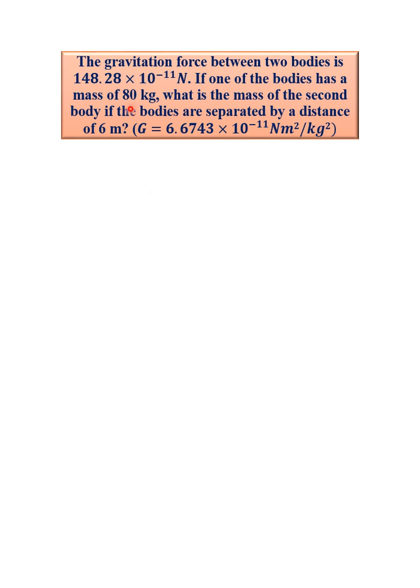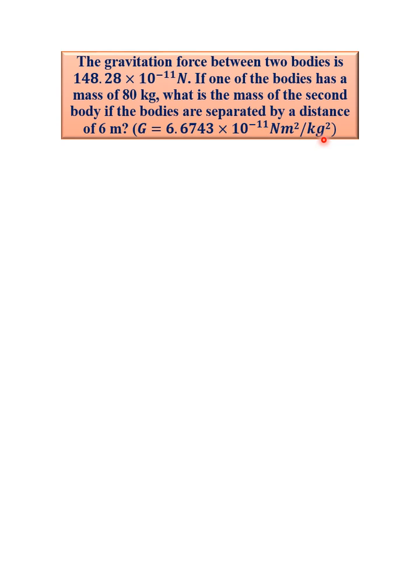The question says, the gravitational force between two bodies is 148.28 times 10 raised to power minus 11 Newton. If one of the bodies has a mass of 80 kg, what is the mass of the second body if the bodies are separated by a distance of 6 meters? We are given the gravitational constant G to be 6.6743 times 10 raised to power minus 11 Newton meter square